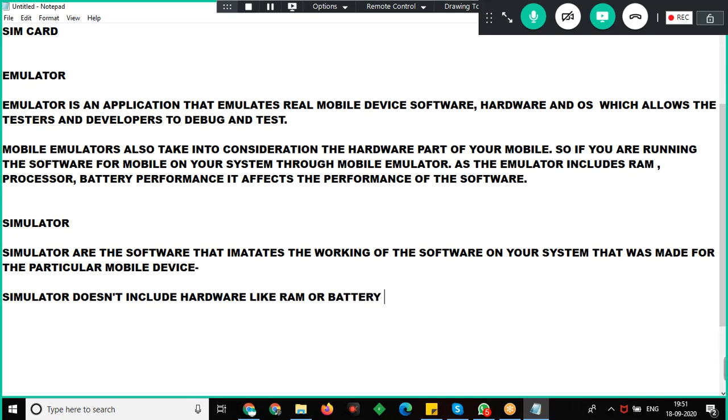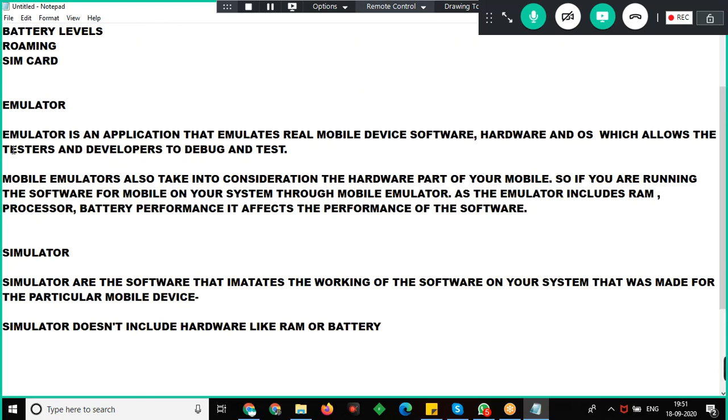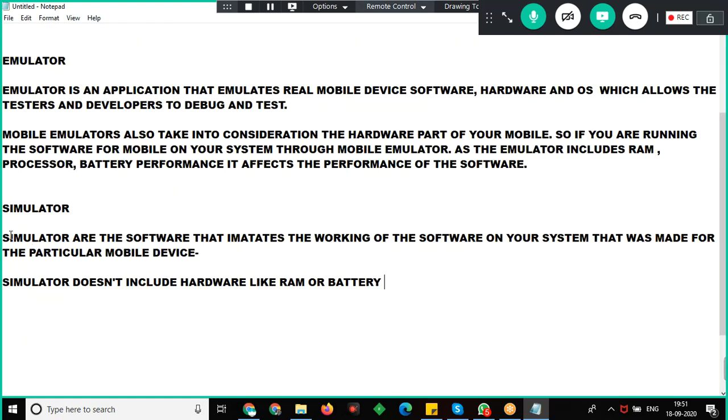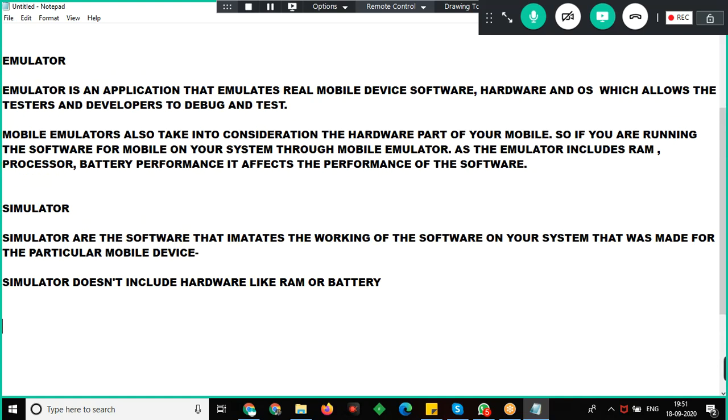You cannot change any battery or anything using a simulator, but using an emulator you can change the battery levels, you can change the RAM levels and everything, but a simulator is fixed, so it will come like that. So most of the time, whatever the Android operating system comes, we call it an emulator, and whatever the iOS operating system comes, we call it a simulator.